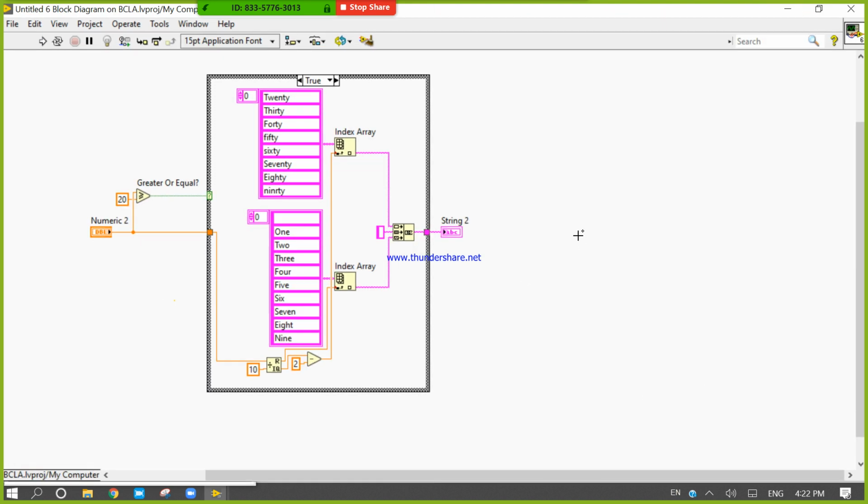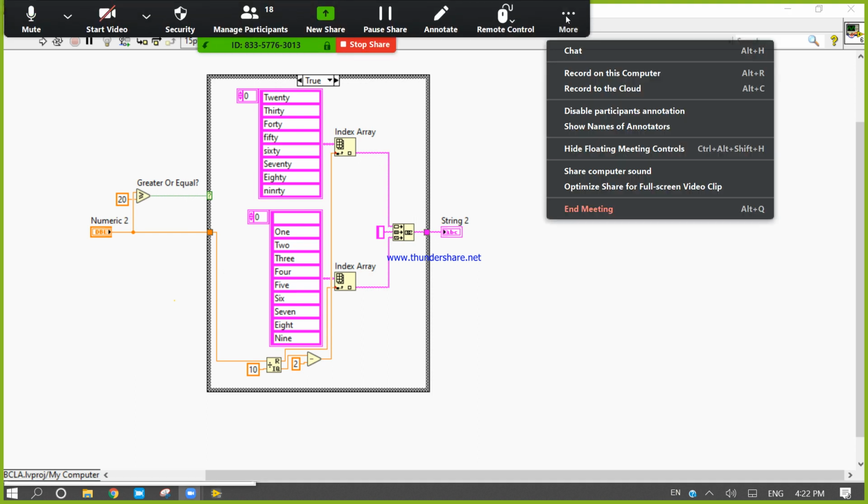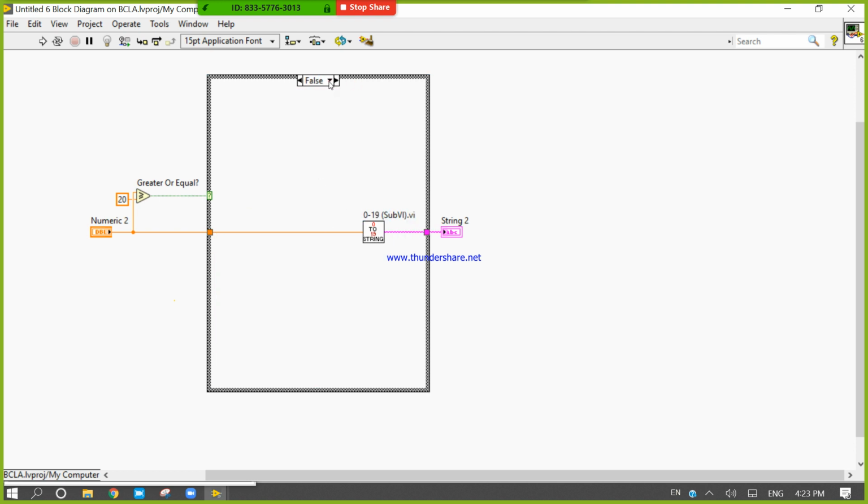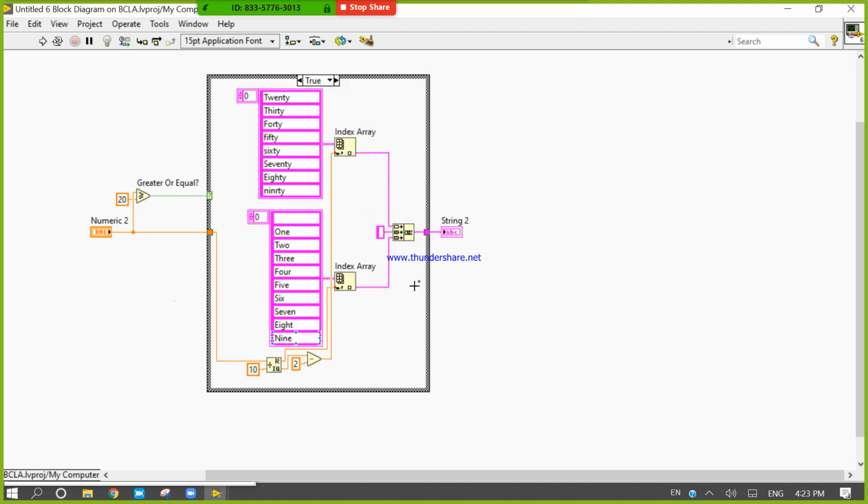It is correct for 0 to 99. Please design this one in two conditions only. This function, the false condition, there is this function. Please design this program.